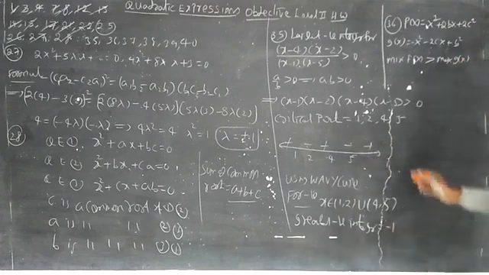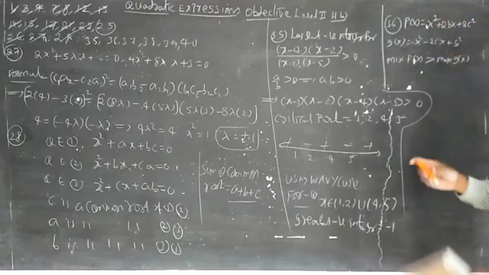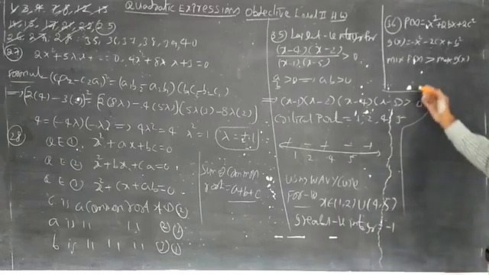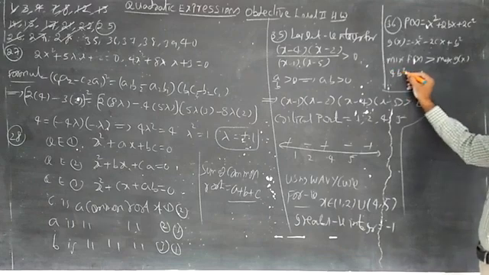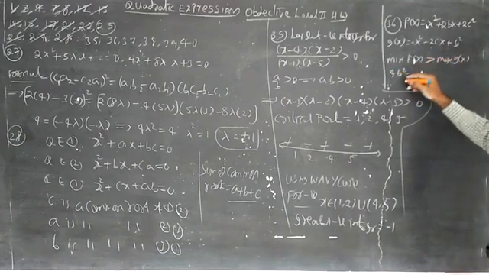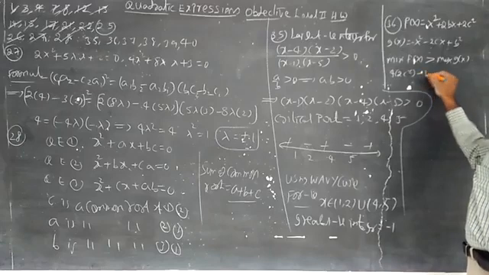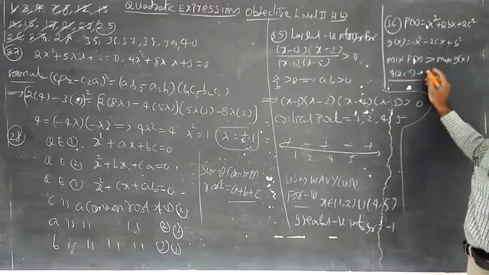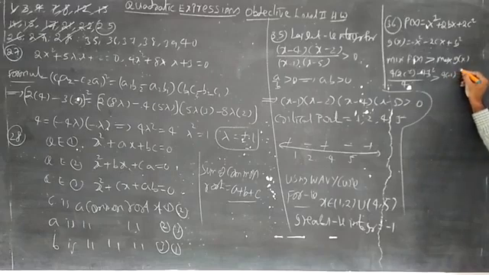Whenever a is greater than 0 for the quadratic, this is a minimum. Whenever a is less than 0, this is a maximum. The minimum or maximum value formula is (4ac minus b square) by 4a. So 4 into 2c square minus 4b square by 4a, greater than, here also, 4 into minus 1 into b square minus 4c square whole by minus 4.